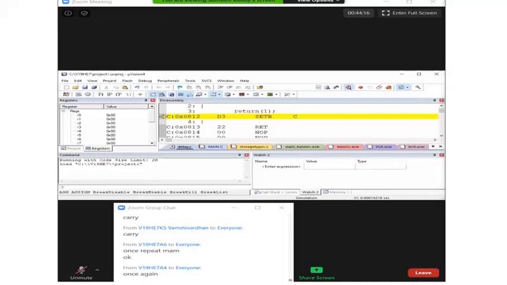But if you return bit type, it will use carry for returning the value. Note down this point: the value is returned through the carry when the return type is bit.